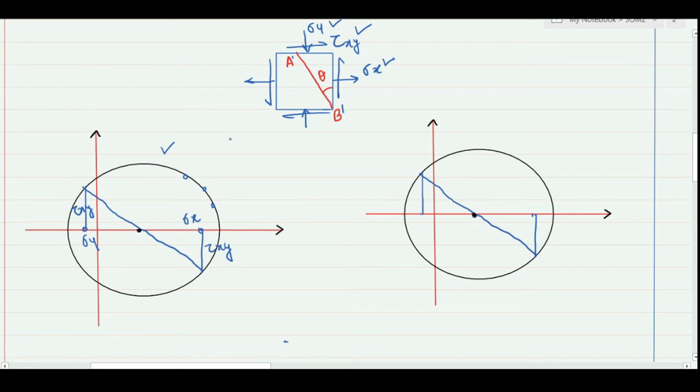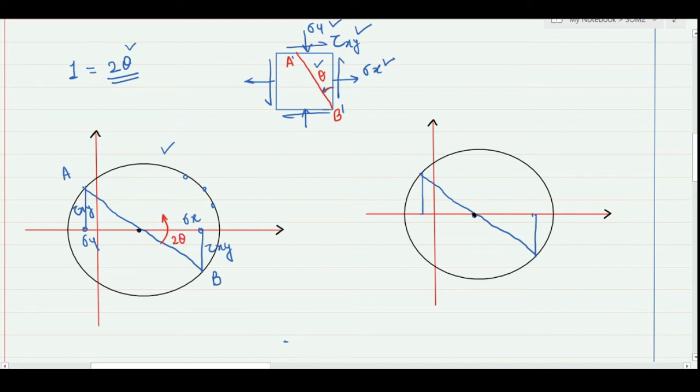For identifying that point, the first thing is that we have to make a position of angle 2 theta. So please remember, whatever angle we consider for the original system, in the Mohr circle we have to double it. That means A dash B dash is in the counterclockwise direction from the vertical face with an angle theta. Here it will be with angle 2 theta. This AB is the line from where we started the Mohr circle, so this AB would be my reference line, and considering this AB, I will make an angle in the counterclockwise direction representing the 2 theta value.